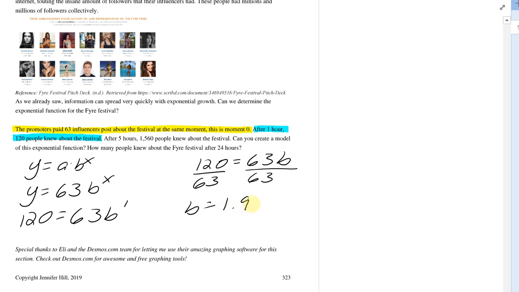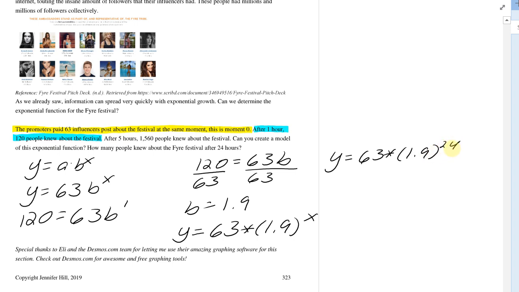Okay, so now I've figured out my a and my b from this information. So I've got y equals 63 times 1.9 to the x. Now I want to figure out how many people knew about this festival after 24 hours. And this is a real statistic, by the way. I did not make this up. So we're going to use the model that we created. This is 63 times 1.9 to the 24 hours. So if I work that out, let's see what I get. If I plug this all in, I'm getting